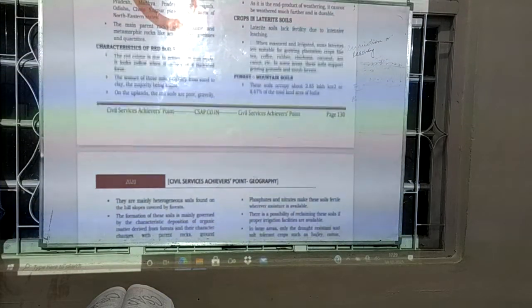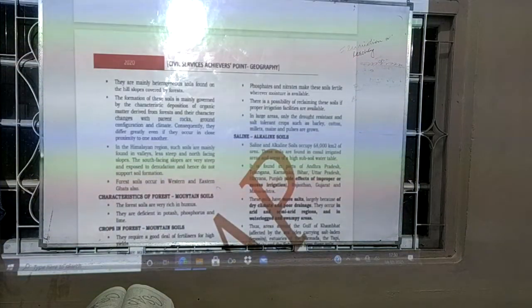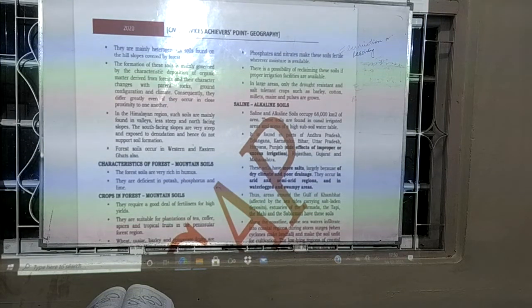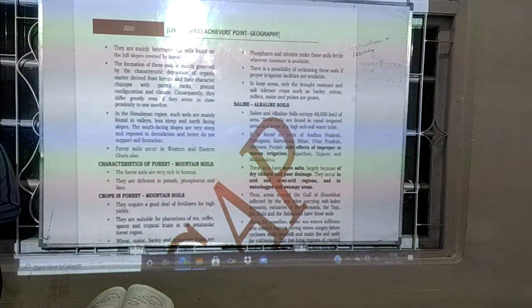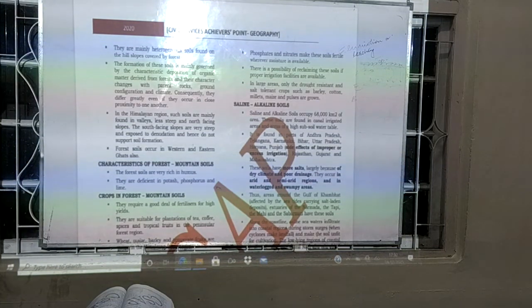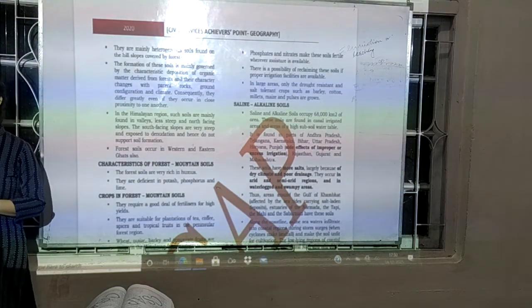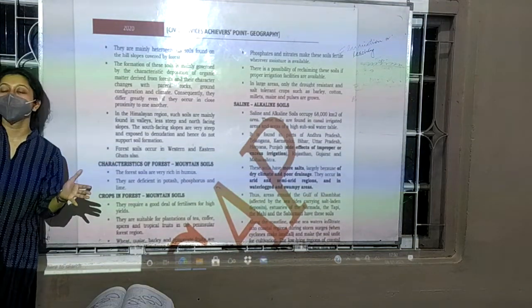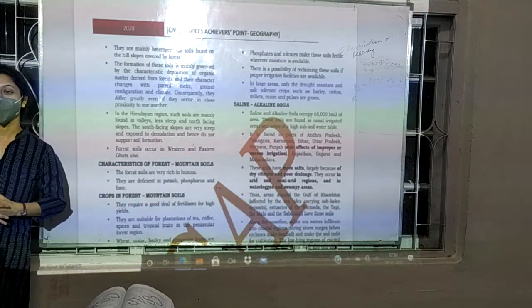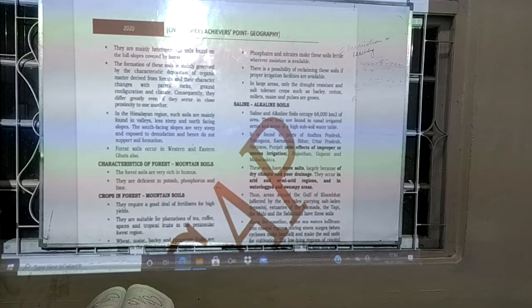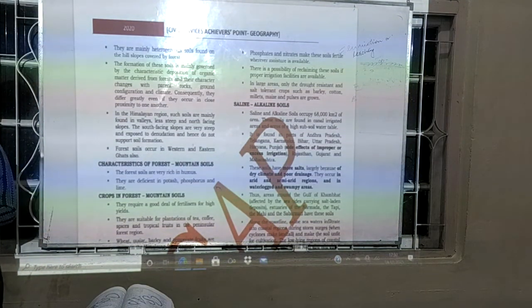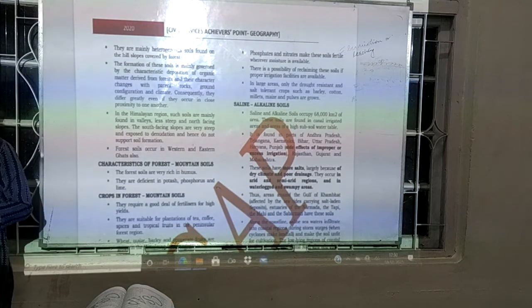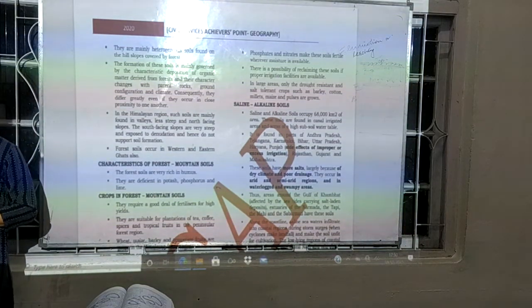Then we have forest and mountain soils. Mainly heterogeneous, means different components. Formation of these soils is mainly governed by characteristic deposition of organic matter from the forest. What kind of forest is there? From that we have the forest soil. In the Himalayan region, such soils are mainly found in valleys, which are less